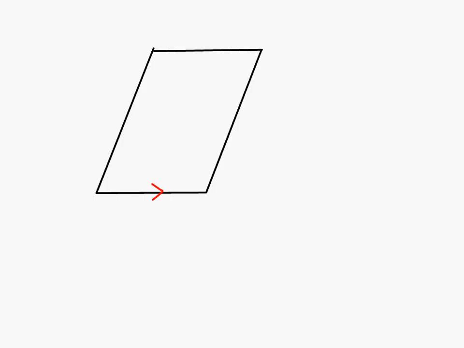The top's parallel to the bottom, and the left side's parallel to the right side. They're also congruent. So if this bottom is maybe 17, and you're given this piece, or this dashed line,